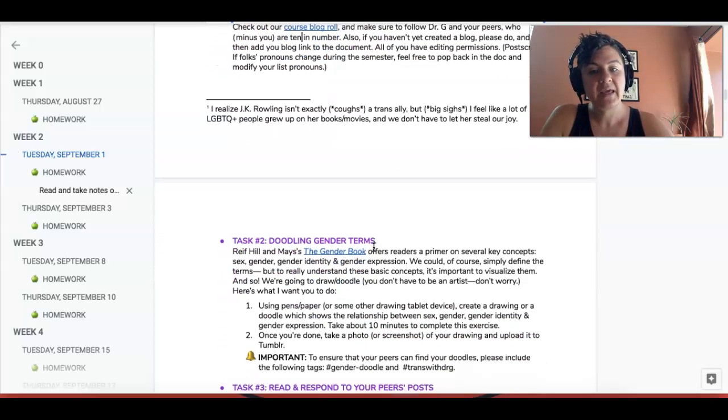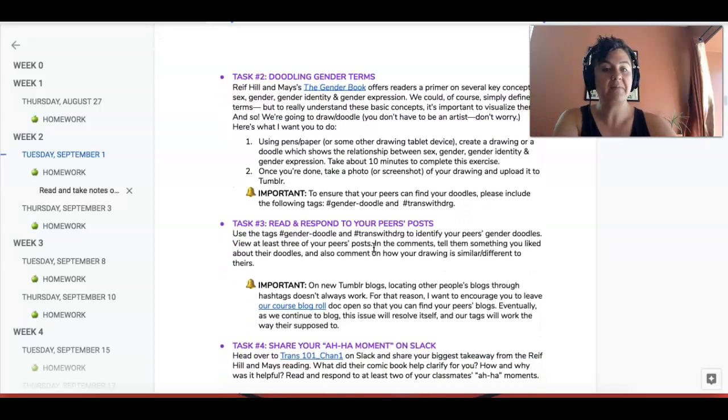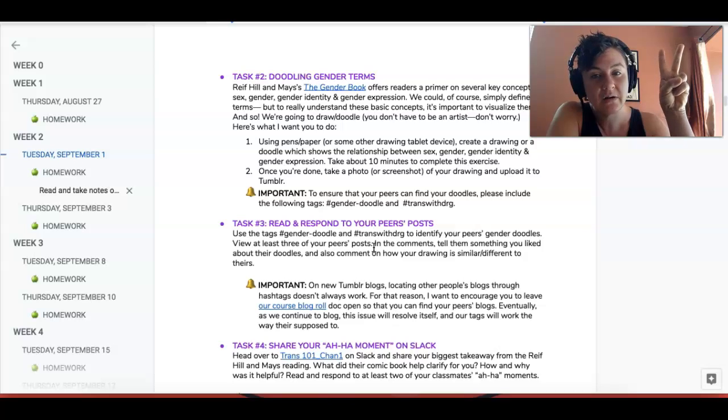That's super easy. In task 2, this is also, I think, going to be kind of fun. So you read Raphael and May's The Gender Book, which is like this fun comic-y zine, kind of like a Trans 101, right? And the only thing that I want y'all to do today, as a way to reflect on what you read, is to create a doodle or a drawing in which you visualize the relationship between these 4 terms: sex, gender, gender identity, and gender expression.